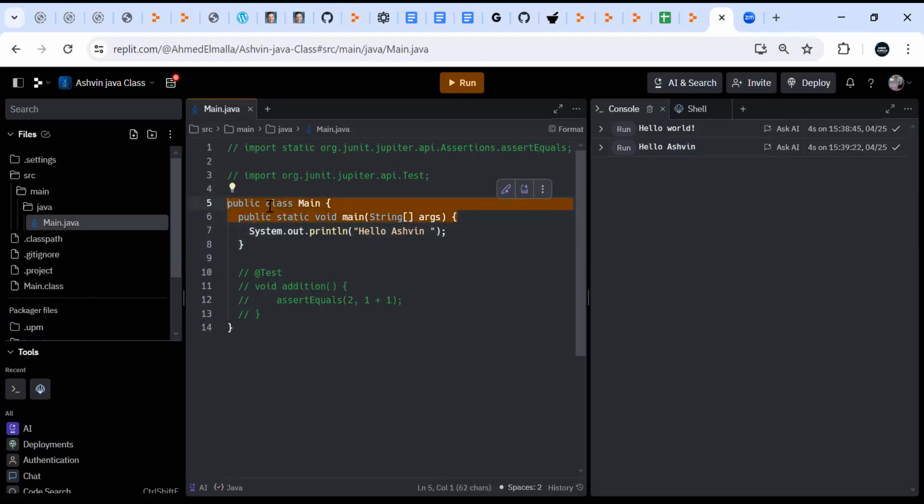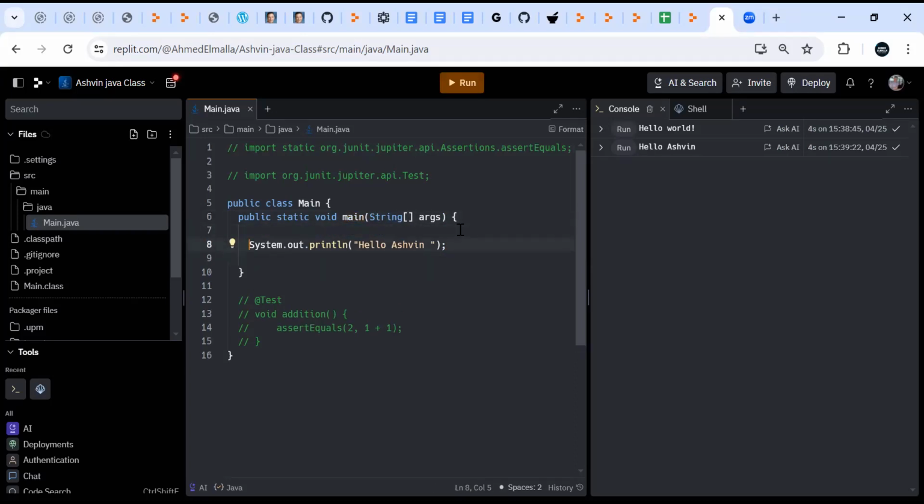No. Typically, as we call it, this is the main driver class. This is the main method. They always remain the same like that. And we always change the statements here. So when you want to print something to the screen, you use